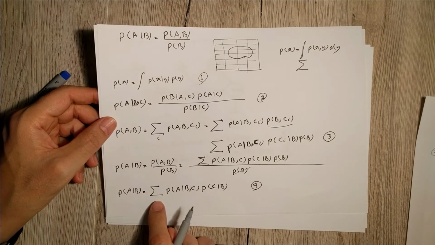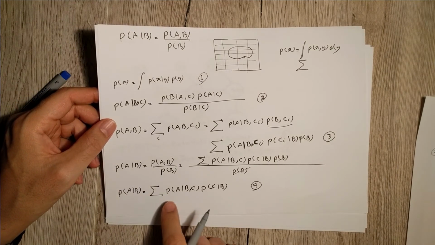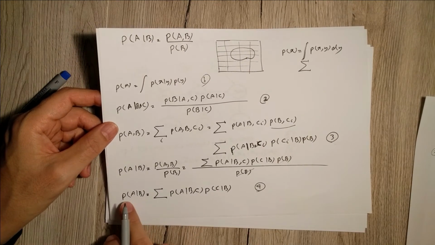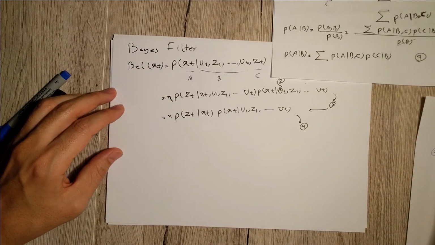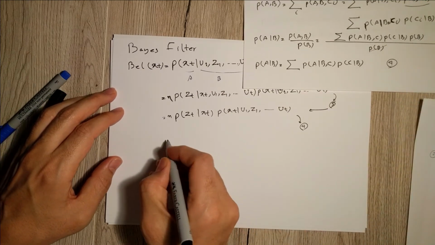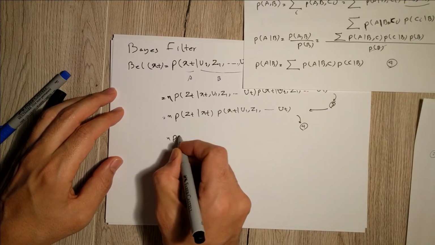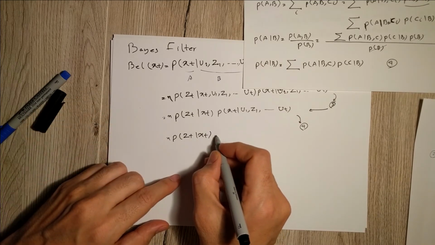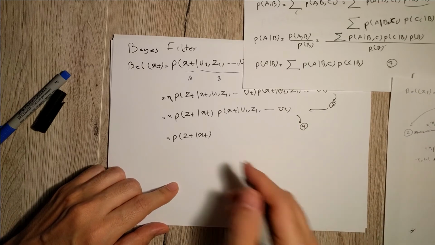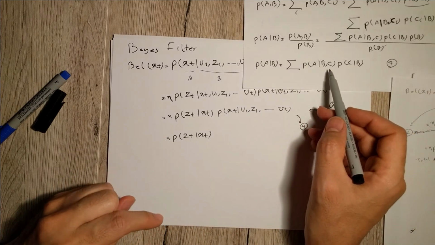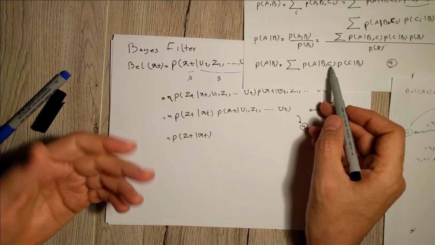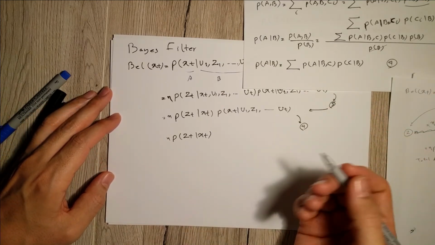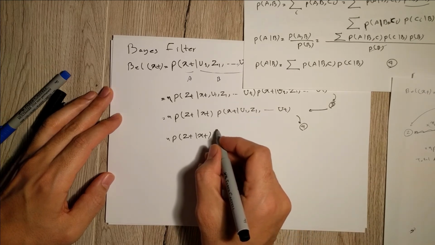Probability of A given B is equal to... And the total probability for conditional probability P of A given B. So I'm going to write it down as the probability of bel xt given measure time t is equal to, remember here you always introduce a new variable called C, and the variable that I'm going to introduce here is xt minus 1. So it's going to be